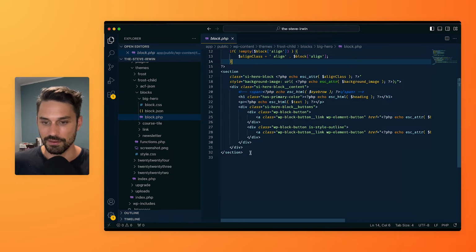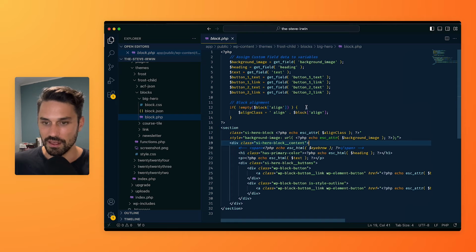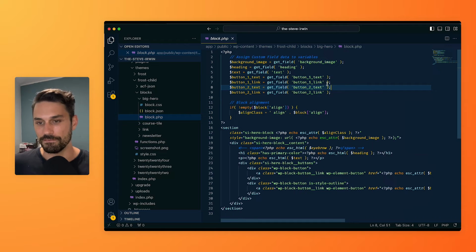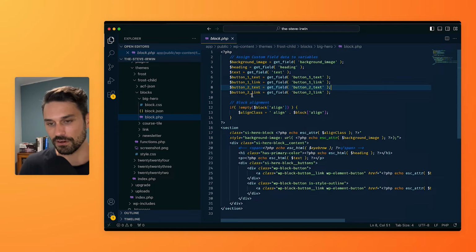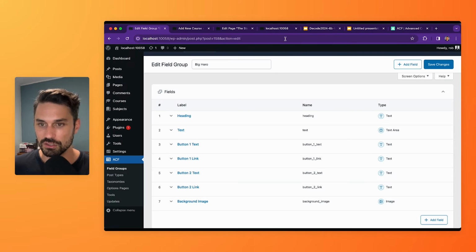So my HTML markup is just down here, and I'm interacting with the various PHP variables that I've set up further up here, where I interact with our field group fields. So I hope that makes lots of sense for you. So that's basically it. You saw how we registered the custom block. We set up our field group and added fields, and then we set up our required folders and files for our block templating. But of course, now let's have a look at what this all comes together to look like